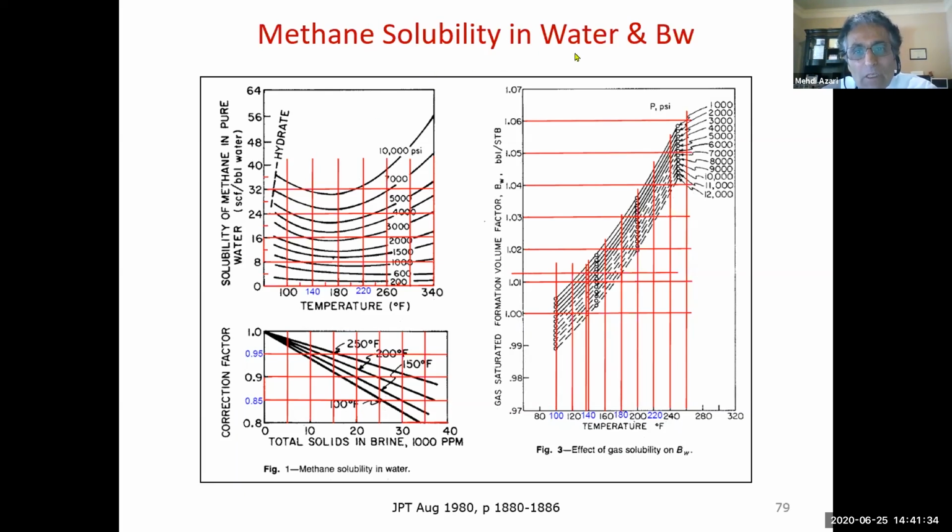Now, how much methane can be dissolved in water? This is a paper that I did, went to Journal of Petroleum Technology in August 1998, was published. I modified one which was available, but it was only up to like 4,000 psi, 5,000 psi. I increased the pressure range of these charts. Here is the temperature, and then with gas saturation, formation volume factor, which is BW versus pressure. So if your temperature is 180 and then pressure is somewhere here, 6,000-7,000, you come here, your BW is going